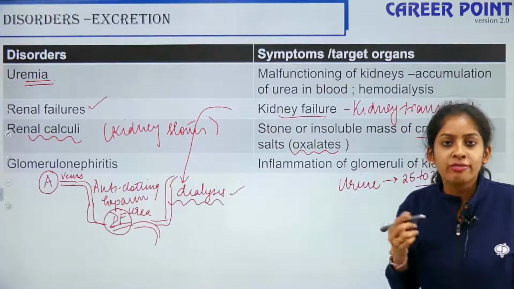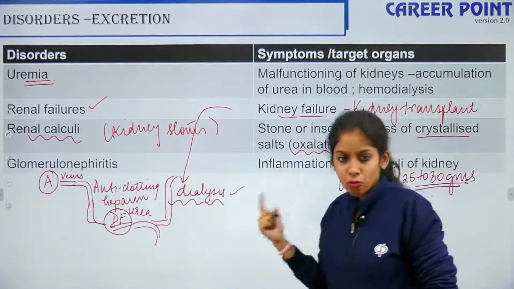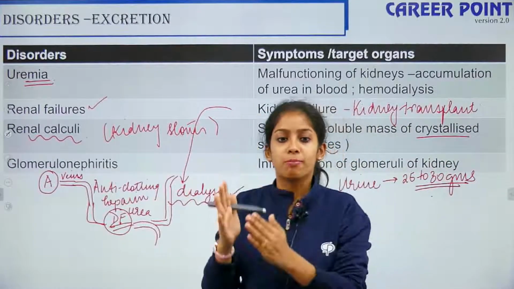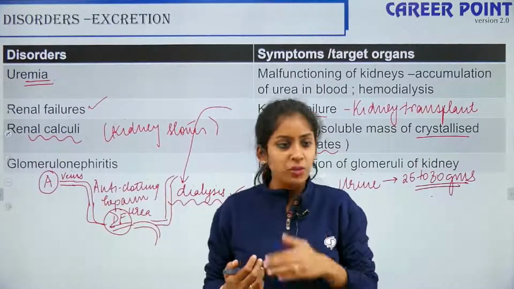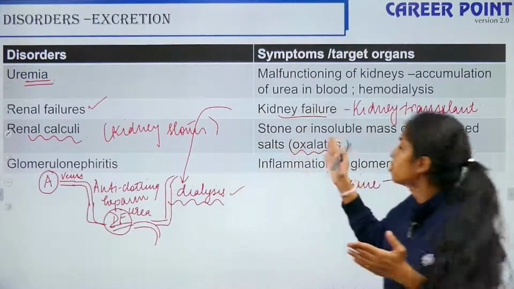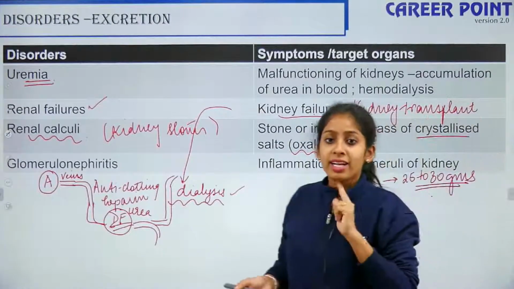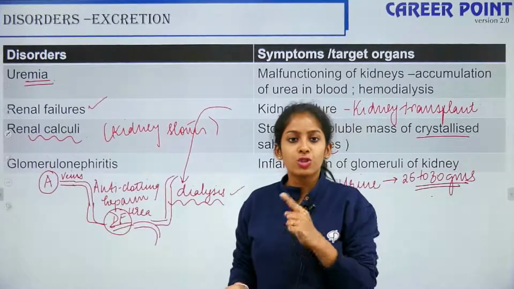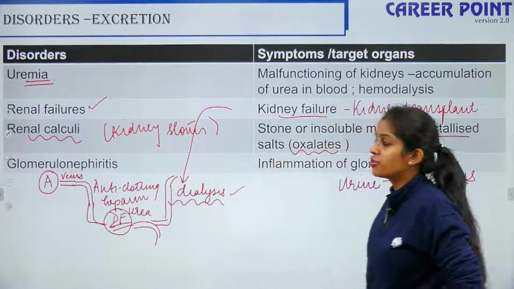So why do you have kidney stones? Why do these get accumulated? Because when you don't drink enough water, the passage gets deposited. When you drink water, the renal tubule is washed off with water. When you don't drink water, all the salts get accumulated there. So your kidney stone is caused by dehydration. That's why you should keep yourself highly hydrated. Okay, so this is about your renal calculi.